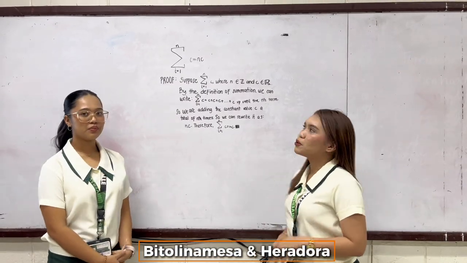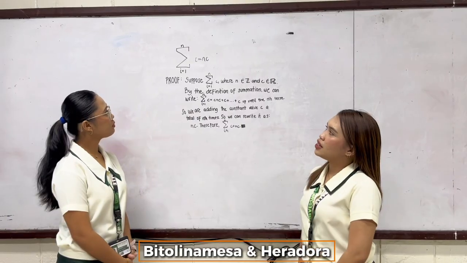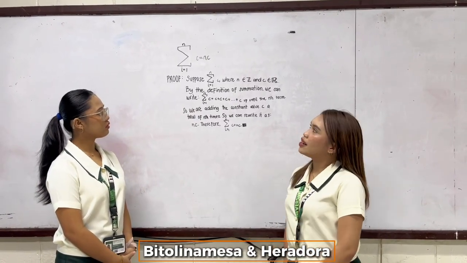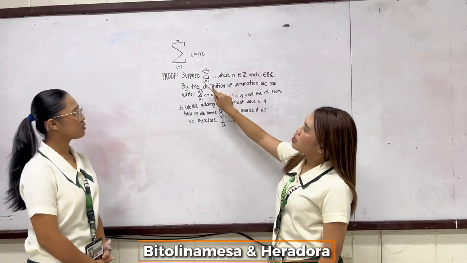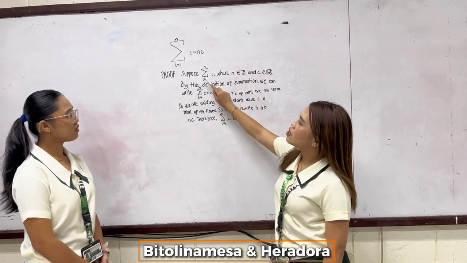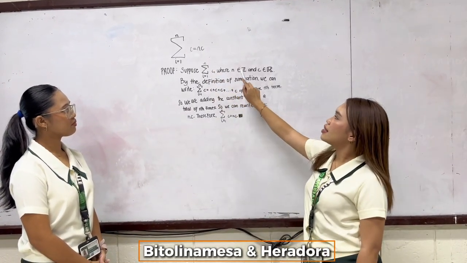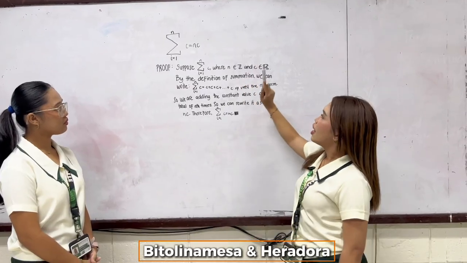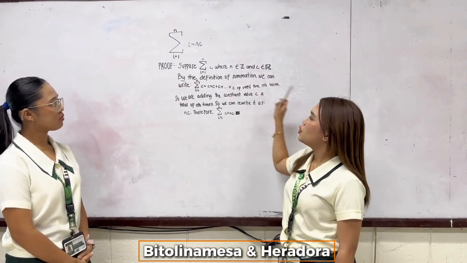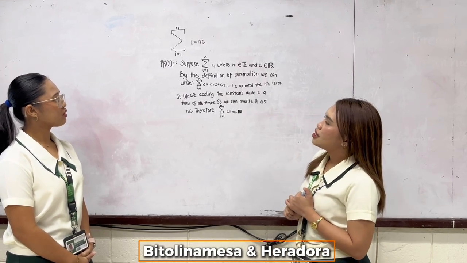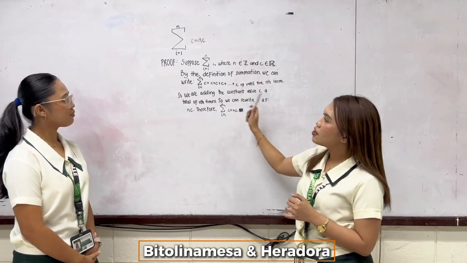In this lesson, we're going to prove that the summation of c where i runs from 1 to n is equal to nc. Suppose the summation of c where i runs from 1 to n, where n is an element of the integers and c is an element of the real numbers. By the definition of summation, we can write the summation of c where i runs from 1 to n